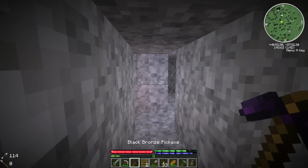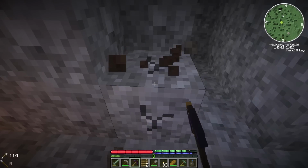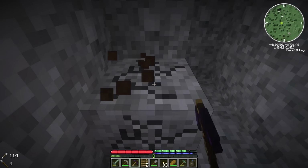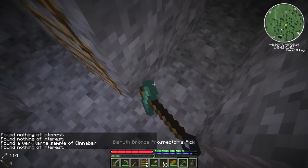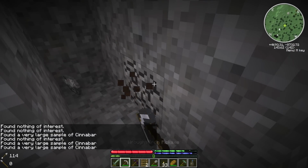So let's now try the bronze one. Slightly, very, very slightly slower. But that slight difference does add up. I'm not too sure where this cinnabar is though. It's probably going to take a lot of digging out, so...